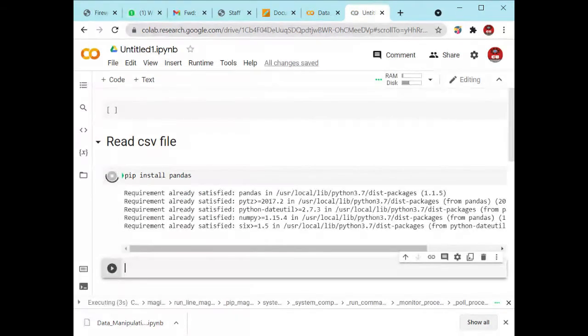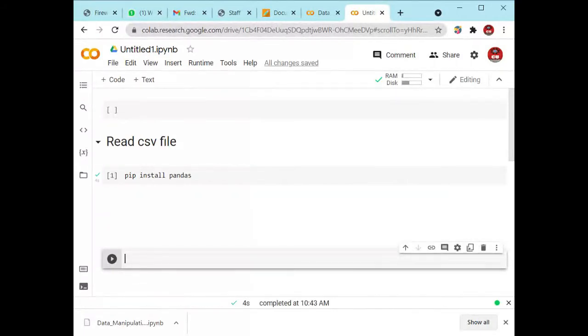You can see right here that on my system it shows already installed, but for a first-time user it shows a message that it is installing the files. After installing, you have to import this library inside Google Colab.